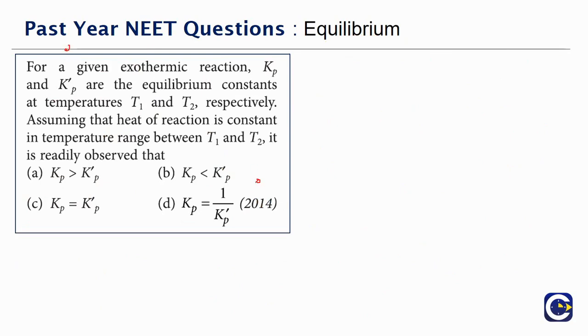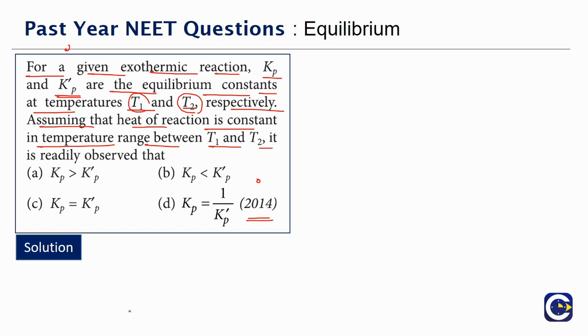Next we have another question that has come in the paper 2014. For a given exothermic reaction, Kp and Kp dash are equilibrium constants at temperatures T1 and T2 respectively. Means Kp is the equilibrium constant at T1, Kp dash is the equilibrium constant at T2. Assuming the heat of reaction is constant in the temperature range between T1 and T2, means what they are indirectly